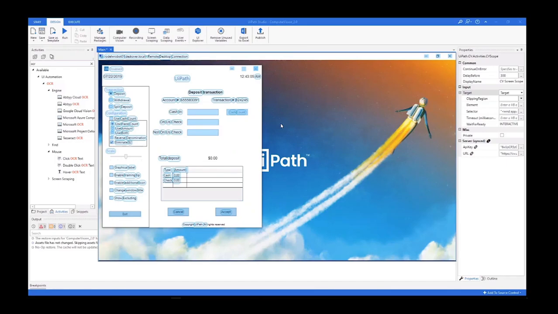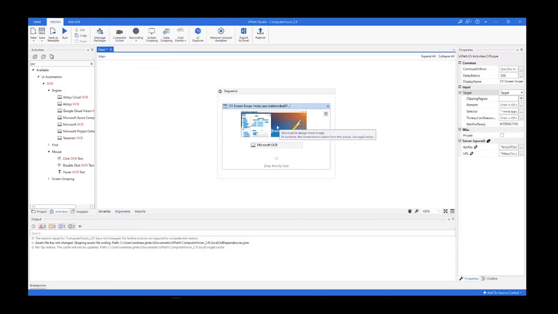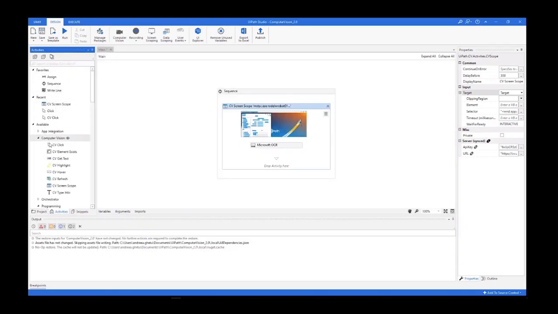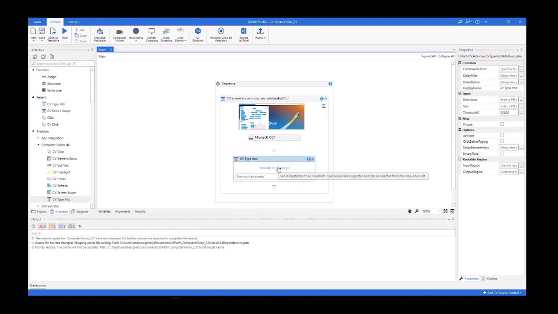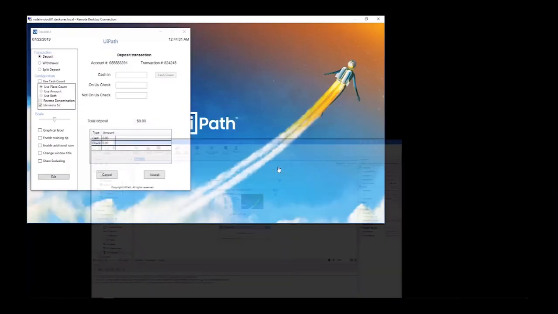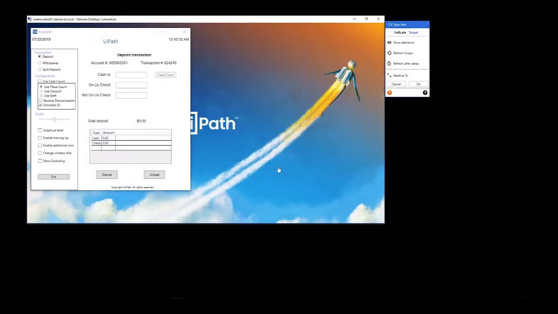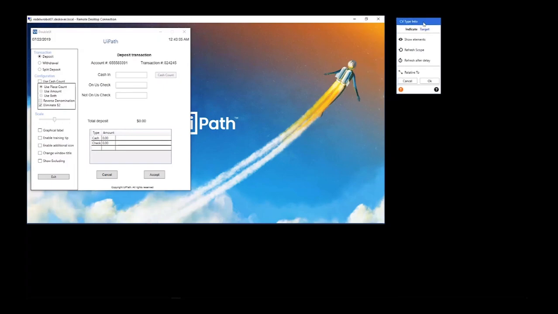highlighted in blue. Next, we'll add a CV type into activity and select Indicate on Screen by clicking here or by pressing the I key. As you can see, in order to make our selection more visible, everything but the scope dims, thus highlighting the automated window. This is the CV helper, and we'll cover it in more detail in a second. But for the moment, the most important aspect is this top part. Keep an eye on it, as it informs you about the current state of the selection and also what needs